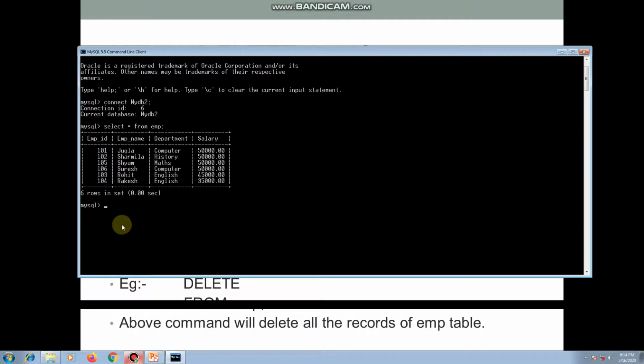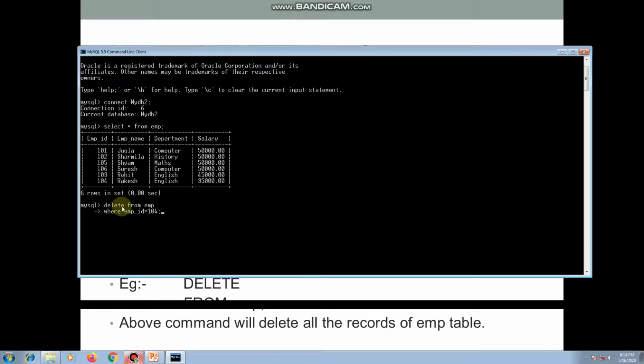So to delete this row we will use the delete command in this way: delete from EMP where EMP ID is equal to 104, since I'm using the field name EMP ID in our table.